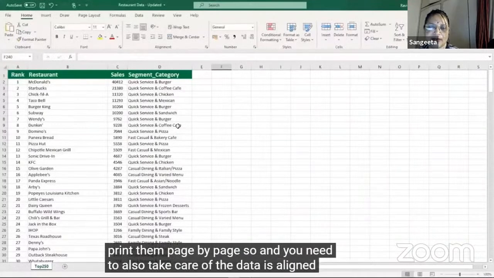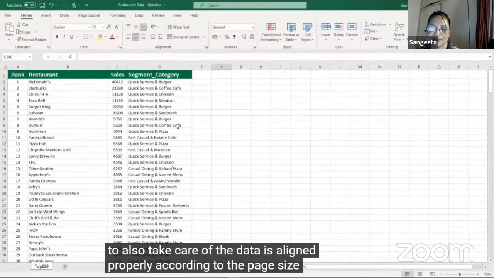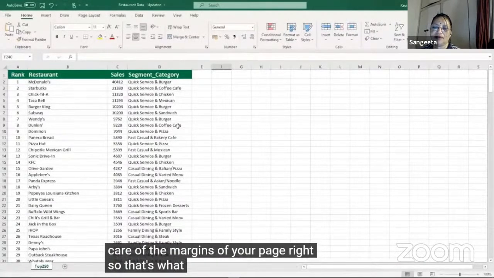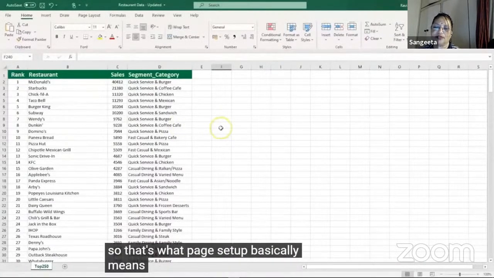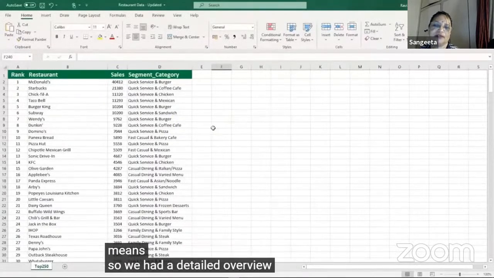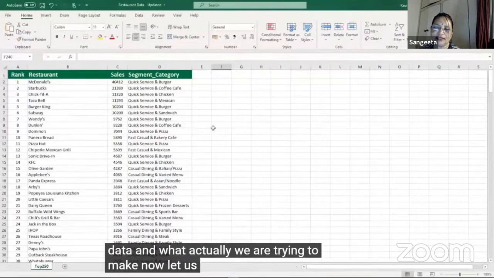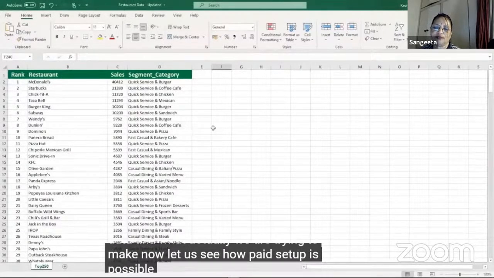to do this formatting so that the page size and the margins of your page are right. That is when the page setup becomes useful. So we have been trying to